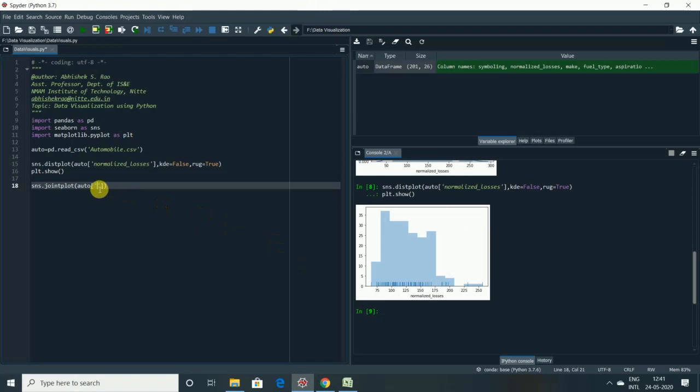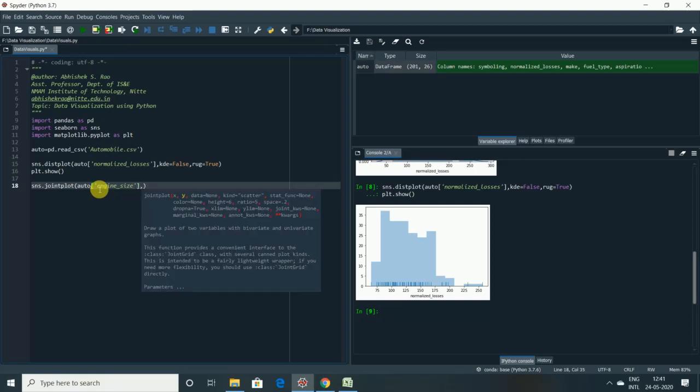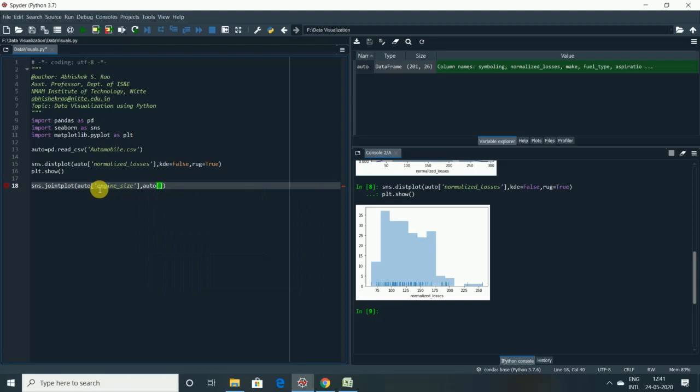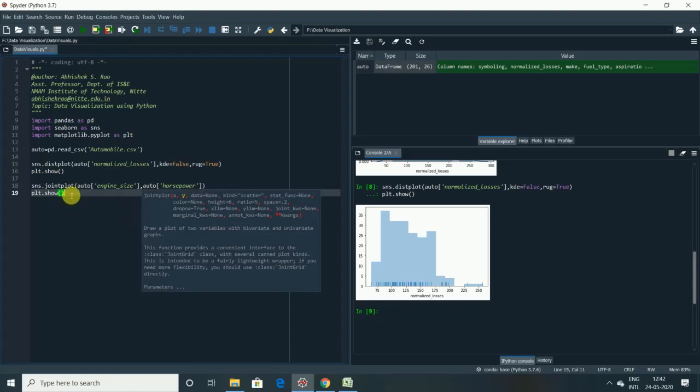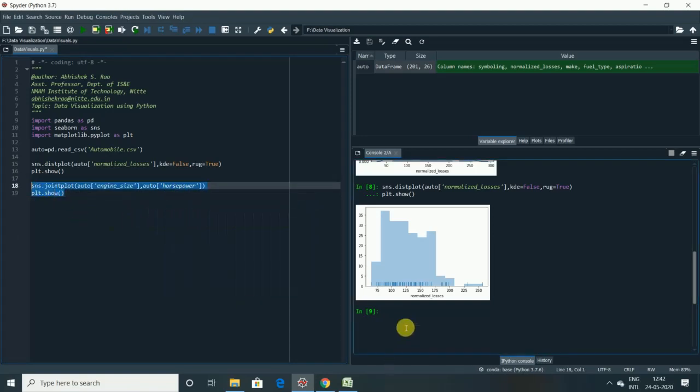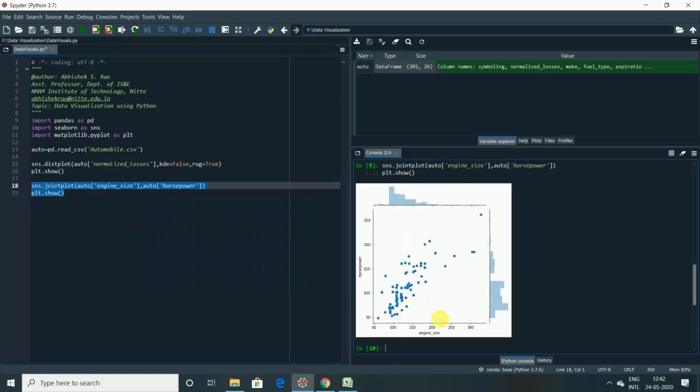Let me take that as an attribute here: engine_size, and we will go for another variable which is horsepower. After that, we will display it using pyplot. Now we'll execute this in the console. Let us see what we get.